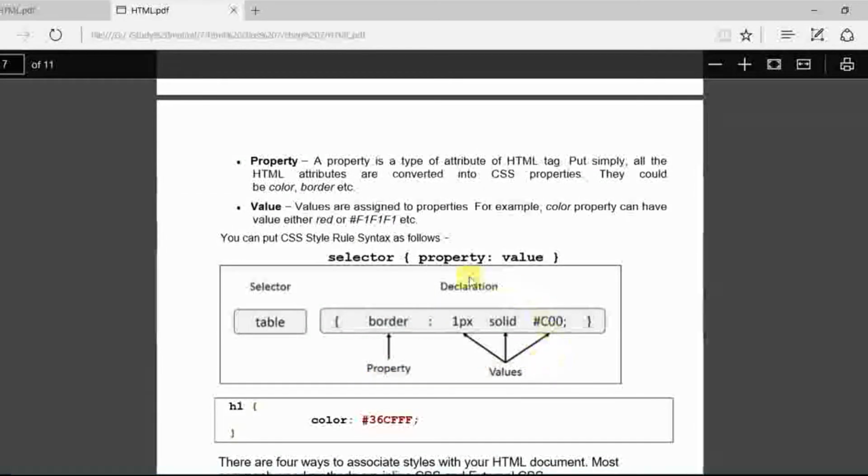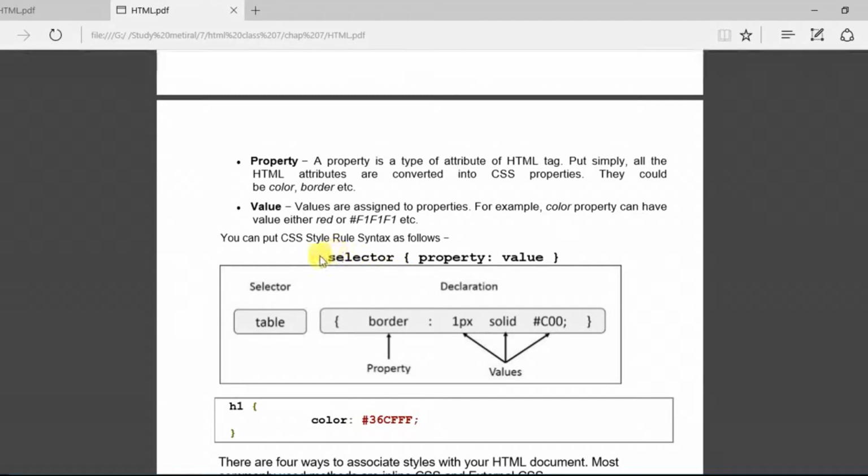The selector first of all, then after the selector we will put the curly braces. In between the curly braces we will put the property and then a colon. In place of the assignment operator or equal operator we will use a colon to assign a value to the property. We can assign multiple values. Look at the example here.